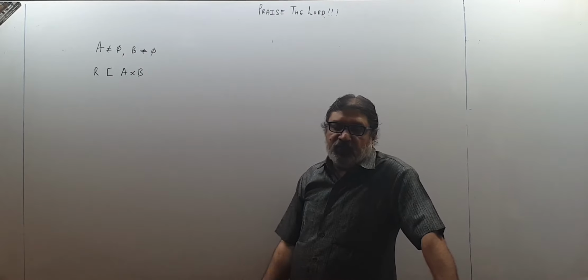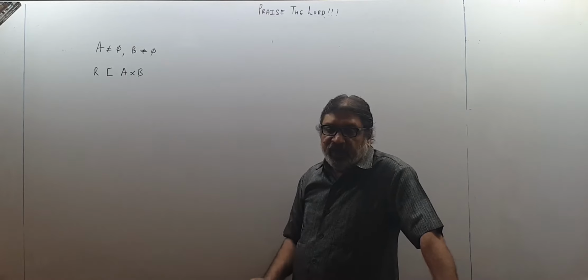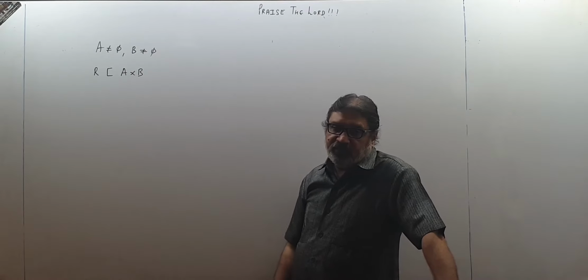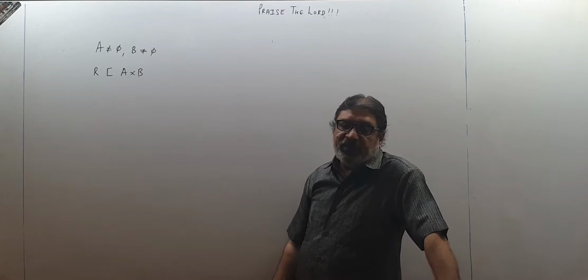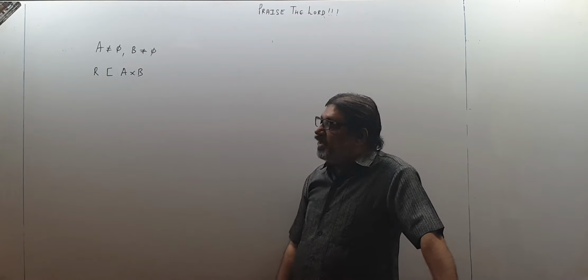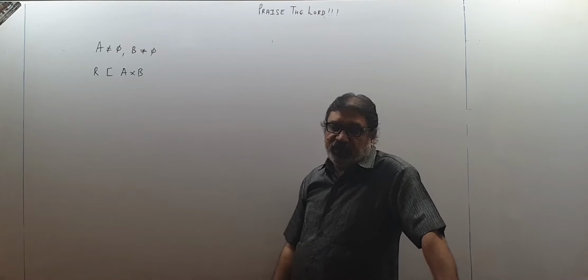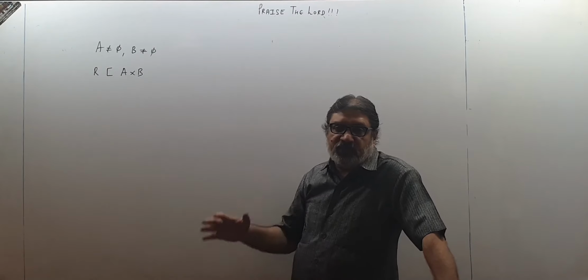We will take up examples to understand. First, you understand what is the meaning of relation, what is the definition of relation. A and B should not be null sets. Both should be non-empty sets. And if I pick up any one subset of A cross B, from all the subsets of A cross B,